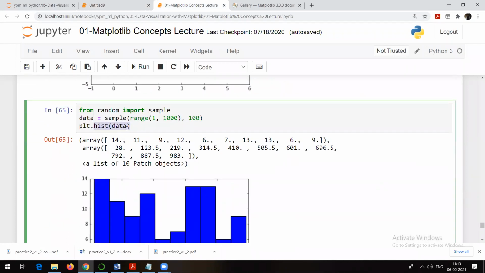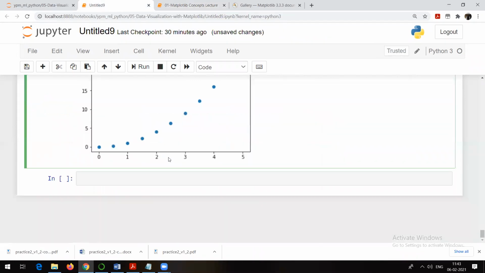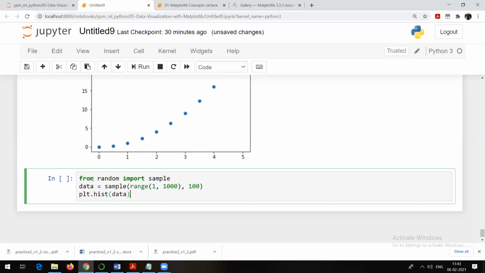For example, this is nothing but a histogram. Now see, I hope you remember this one. This random is something different. This is the method which is available in Python. The random which we talked about earlier is in NumPy. There is also a module called random that's available in Python. So see this method, this is not NumPy. This is a default method available in Python.